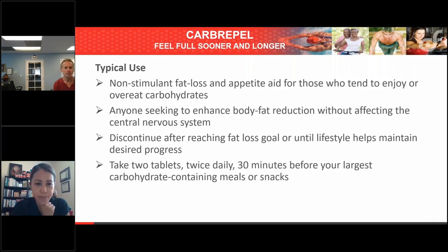Jacqueline also wants to know, is there a benefit from taking CarbRepel with weight loss and liver support? Ask the question again, Kat. Is there a benefit from taking CarbRepel? Yeah, absolutely. They're both different mechanisms of action, obviously. You've got appetite control with the African mango, and in the weight loss and liver support you've got the EGCG, which helps partition nutrients. And again, that weight loss and liver support was really designed for people that are a